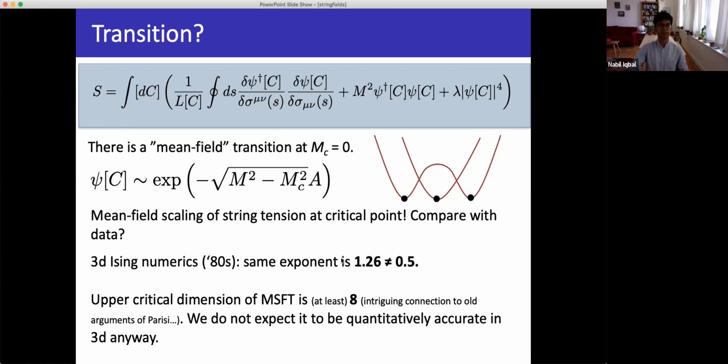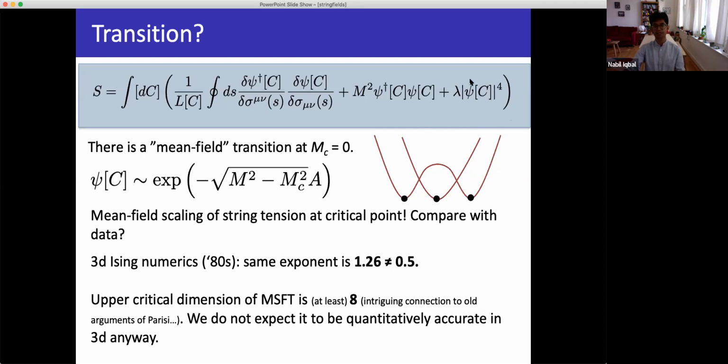Okay, now let's think about it from the point of view of this mean field theory. If you were trying to use mean field theory to describe a transition, what you should ask is, the interactions that you have neglected, are they relevant at the transition or not? If they're relevant, then they will invalidate your weakly coupled description.